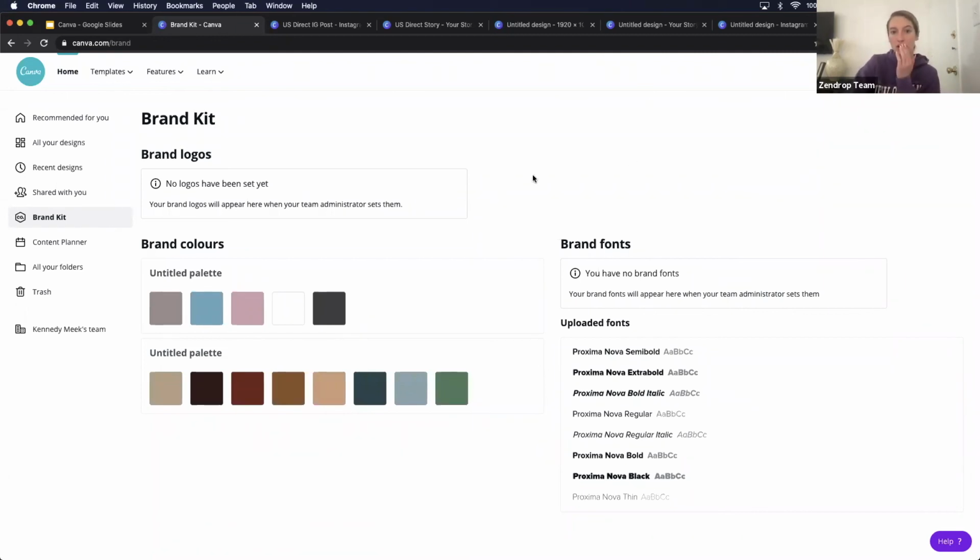You can import specific fonts. You can also import your logos so that they're all easily reachable when you are designing. If those untitled palettes were your brand colors, you would easily be able to grab from those colors when you're designing.